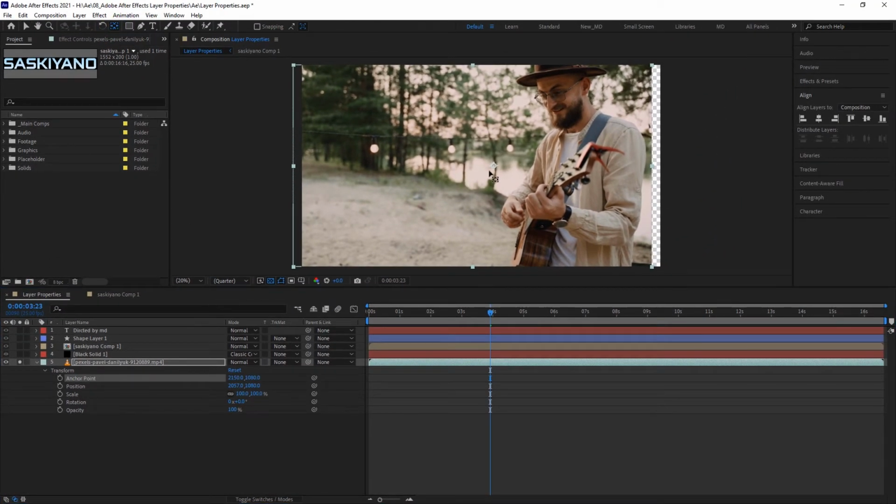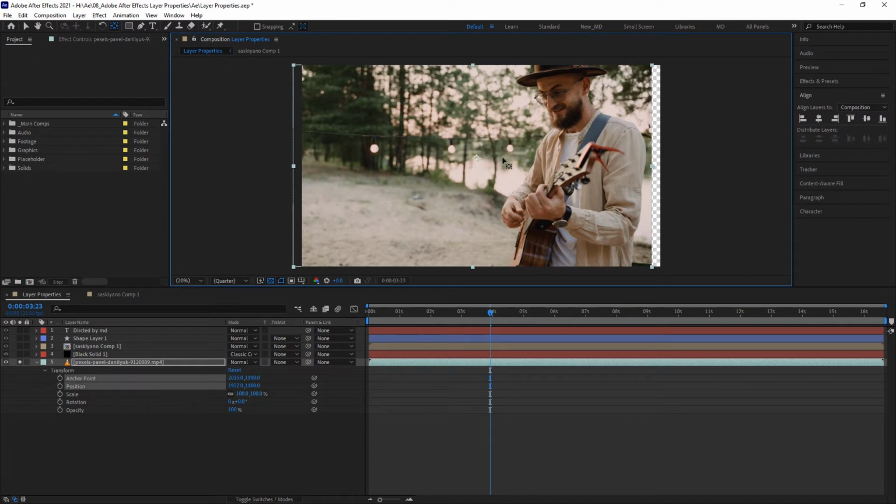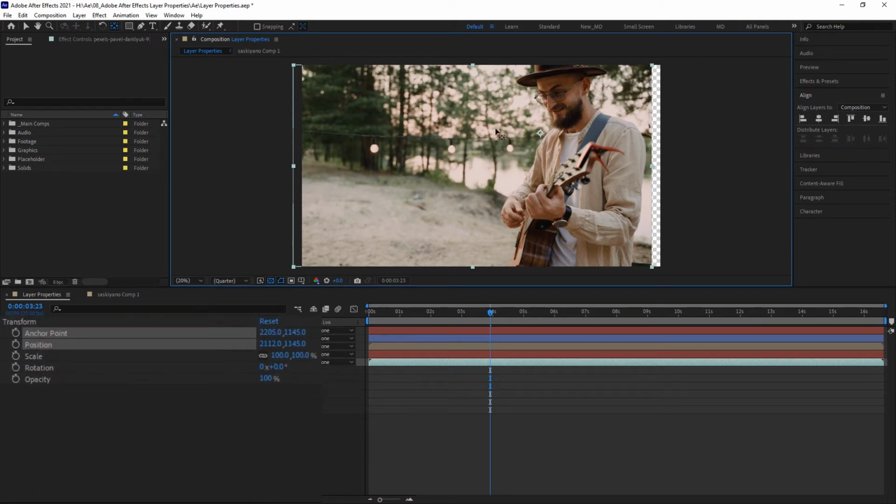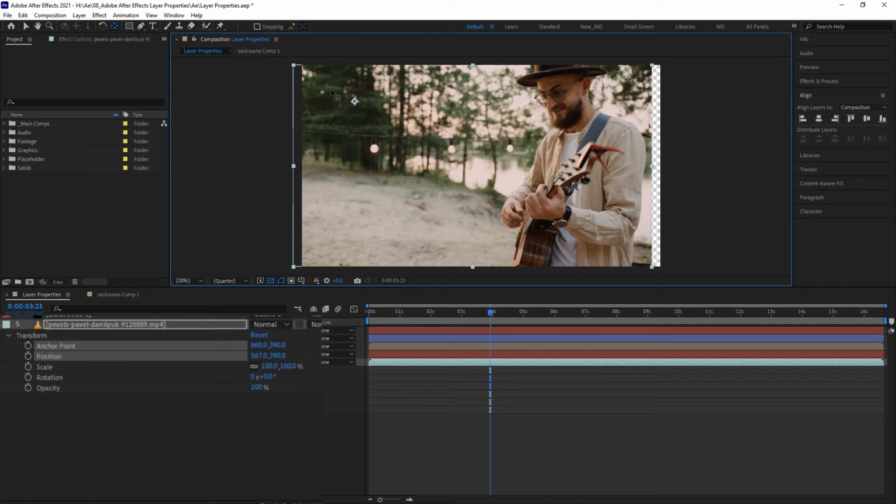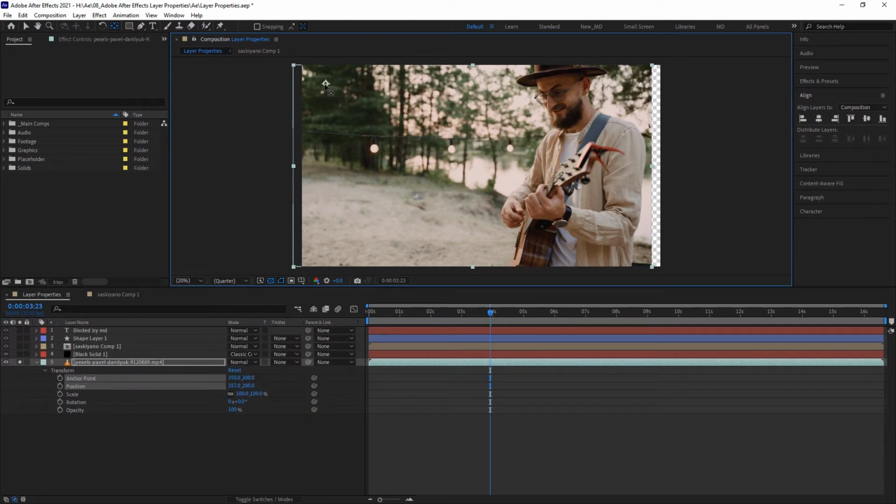If you grab the anchor point tool and you make an adjustment to where this anchor point is, you'll notice down here under the transform properties that both the anchor point and the position are being adjusted at the same time. And so, if I want to move the anchor point up here, you notice that both of these got adjusted, the position of the layer and the anchor point,